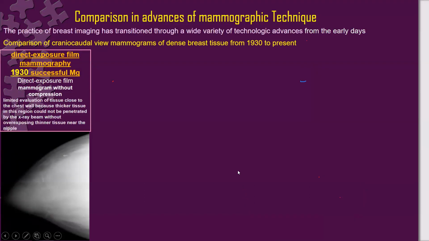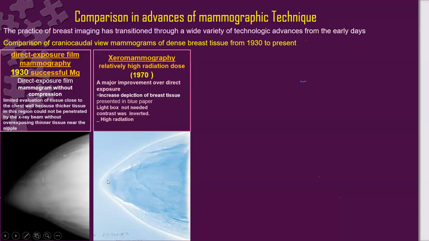Comparison in advances of radiographic technique of the breast. As we mentioned, in the 1930s they started with direct film exposure mammography, with a very low quality, very low contrast image. To visualize the posterior thicker breast, you need to overexpose the anterior thinner breast. Going to xeromammography in 1970 improved depiction of the breast tissue, but at the expense of higher radiation,